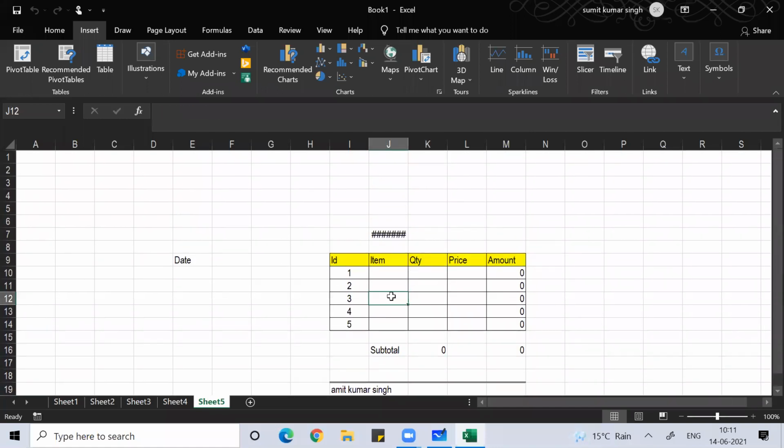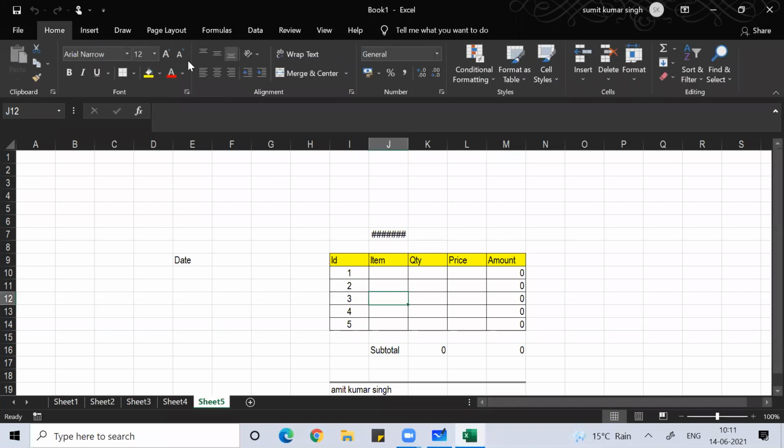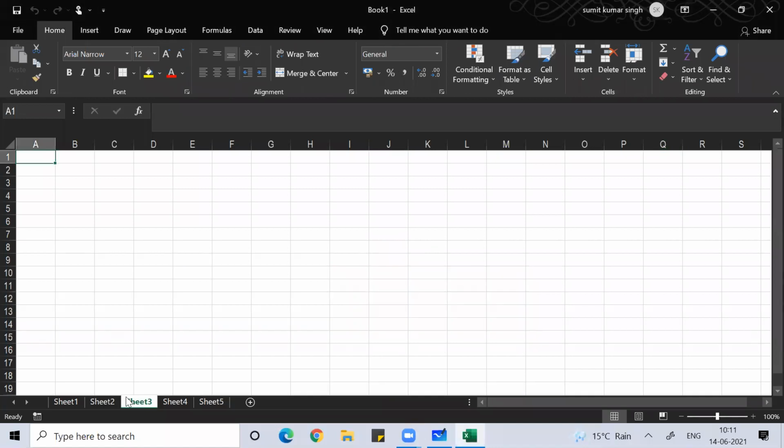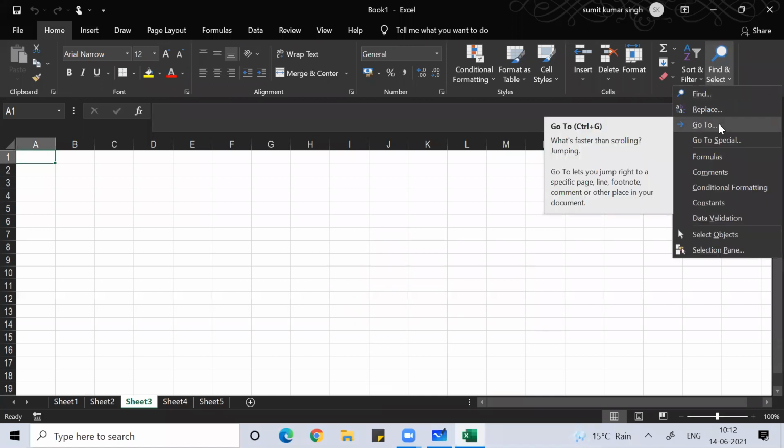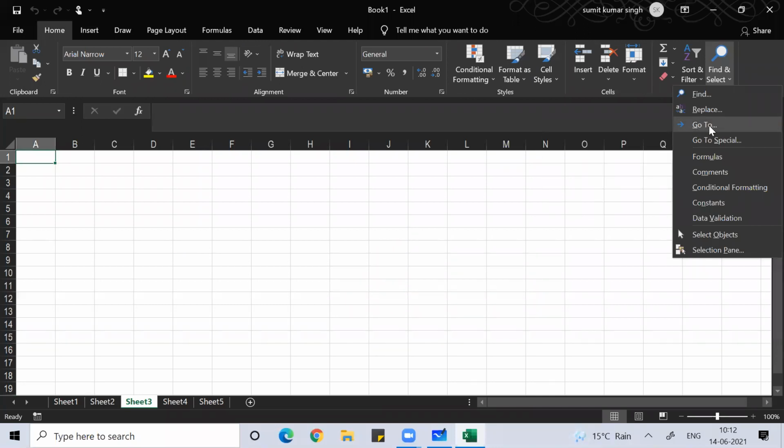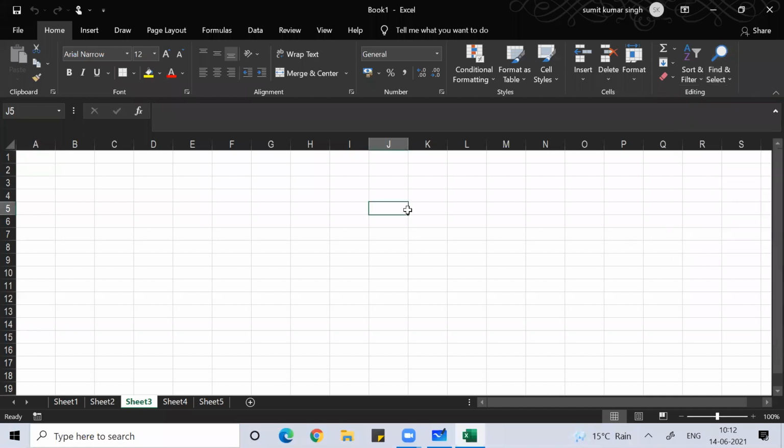I've created a macro with the name Control G, so I'll leave it. You can click on Go To. That is actually the shortcut key of Control G, and by mistake I've created a macro with the shortcut Control G.